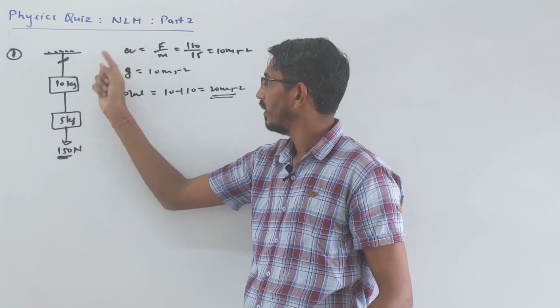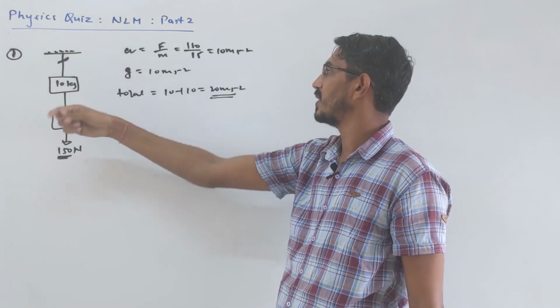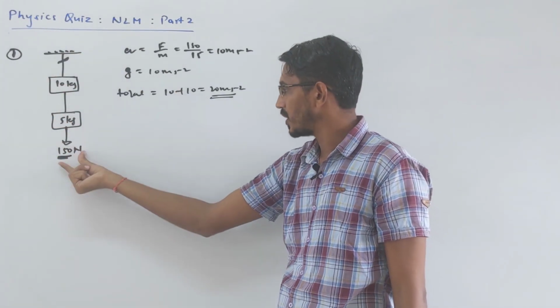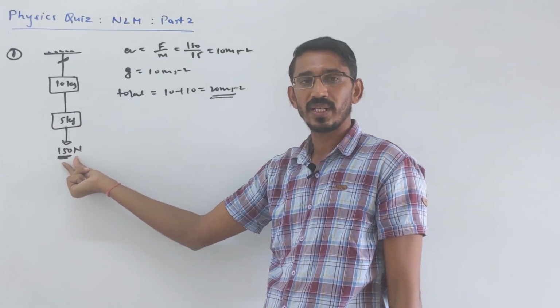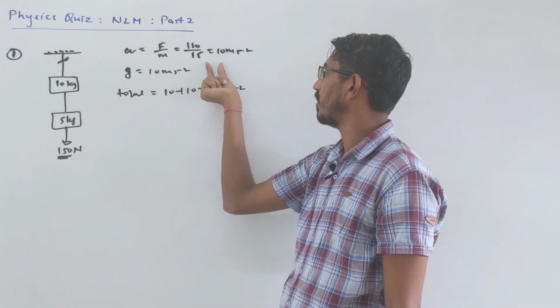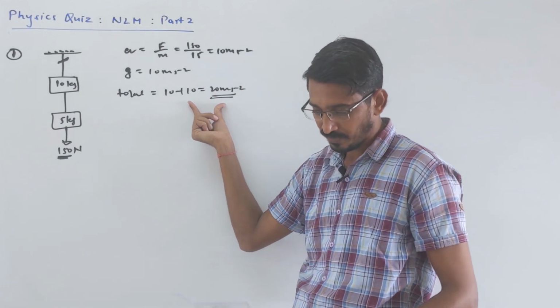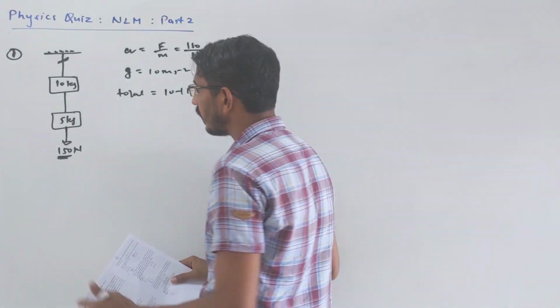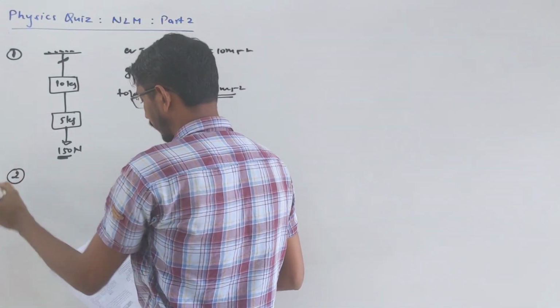If no force is given, you cut, they are falling, the acceleration will be simply the acceleration due to gravity. But if force is given, then this force will produce another acceleration, which we have calculated here, force by mass. So the total acceleration is this much. That's your first problem. Let's come to problem number 2.